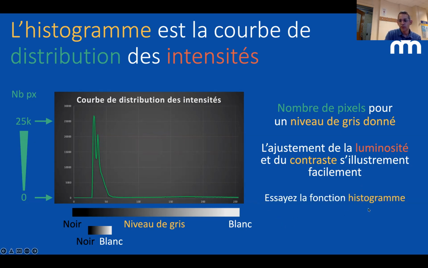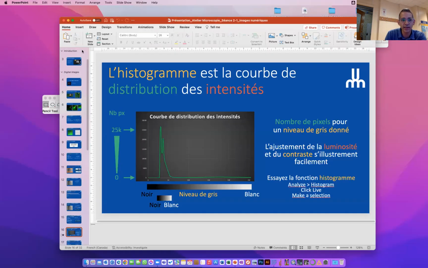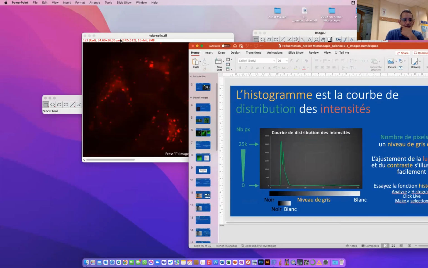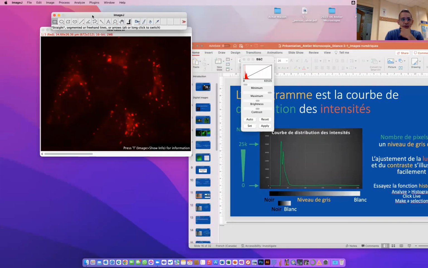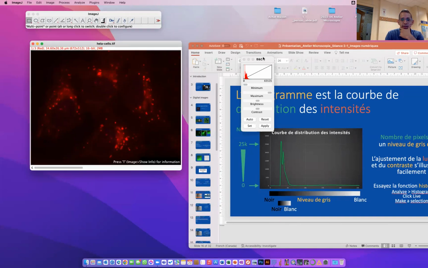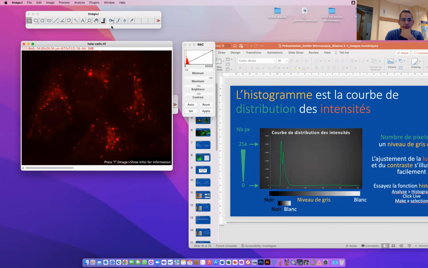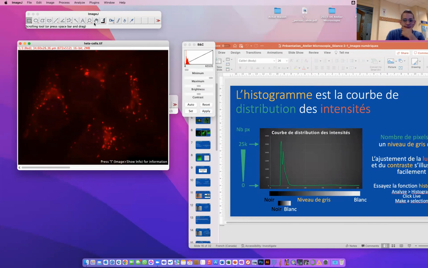Another function that I think is cool in ImageJ is the histogram function, and I think we can use it to look at cells in a different way and have this graph displayed better than in the brightness and contrast. I'm going to show you how it looks now. If I have this image still open here, I can see the curve in the brightness and contrast window. But if I go to Analyze and click Histogram,